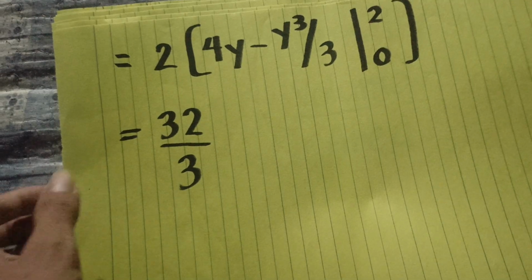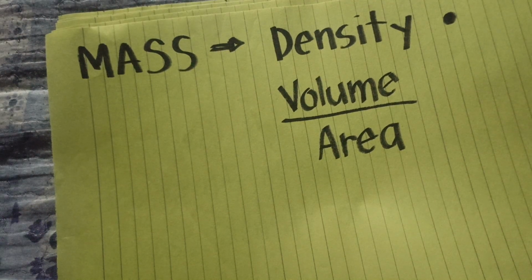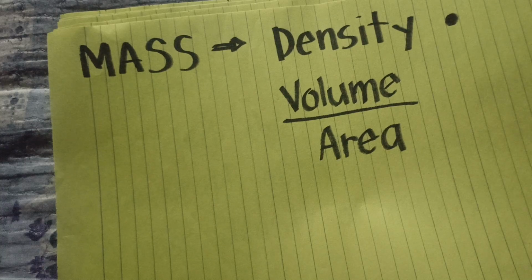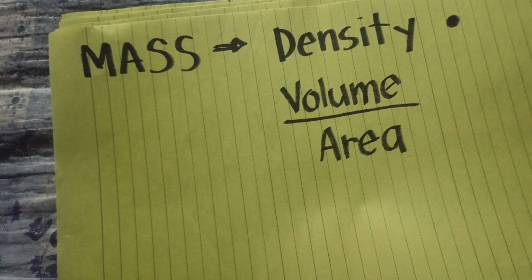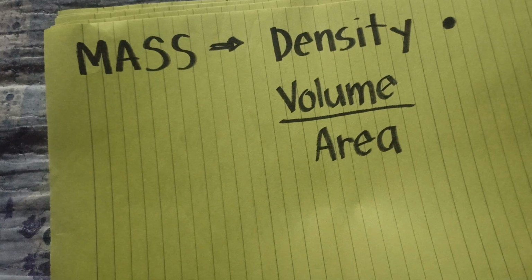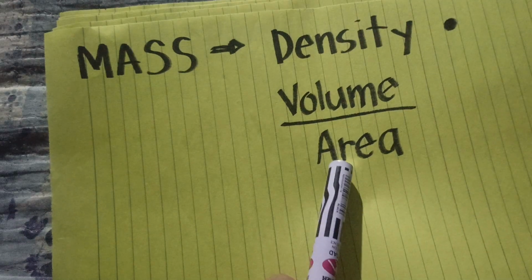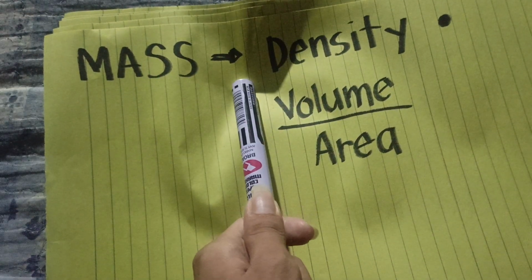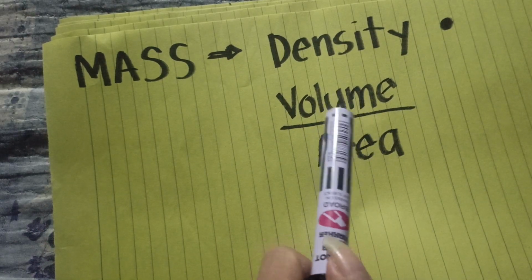Alright, so the second application for double integrals comes from physics. We would like to ultimately compute the center of mass of what we call a plane lamina. For now, you can picture that like a blob in the plane. So let's run through some vocabulary before we see how to set up and solve this type of problem. How do we calculate mass? Well, mass is equal to density times volume or area. So density is how thick it is, and volume or area is the measure of how much we have.